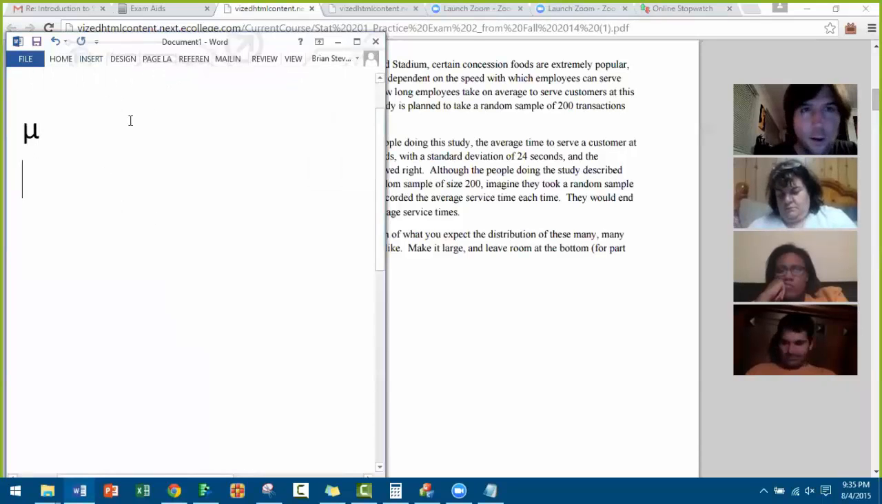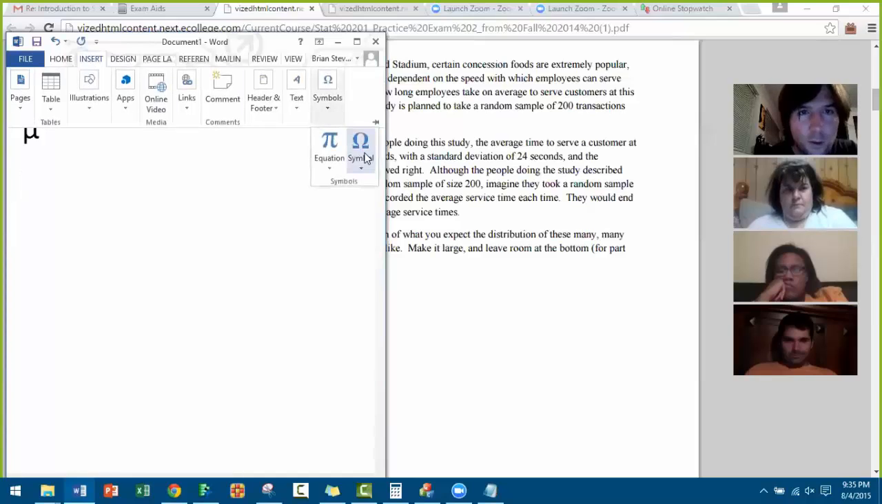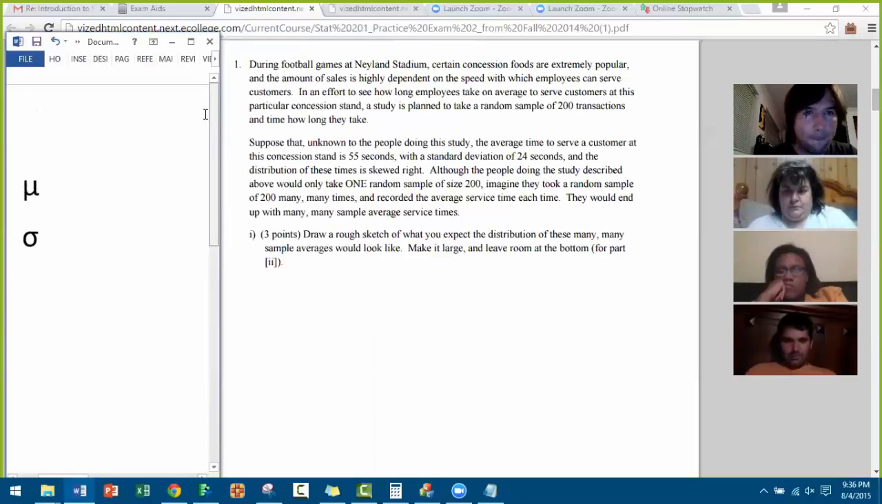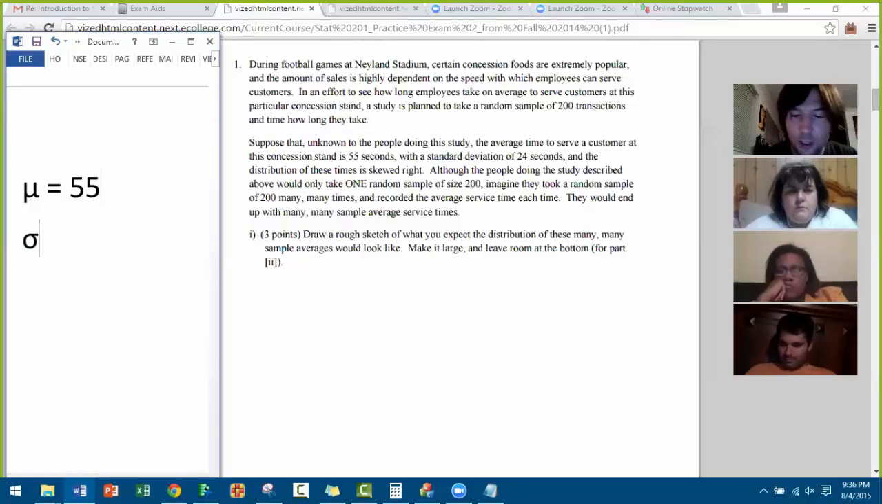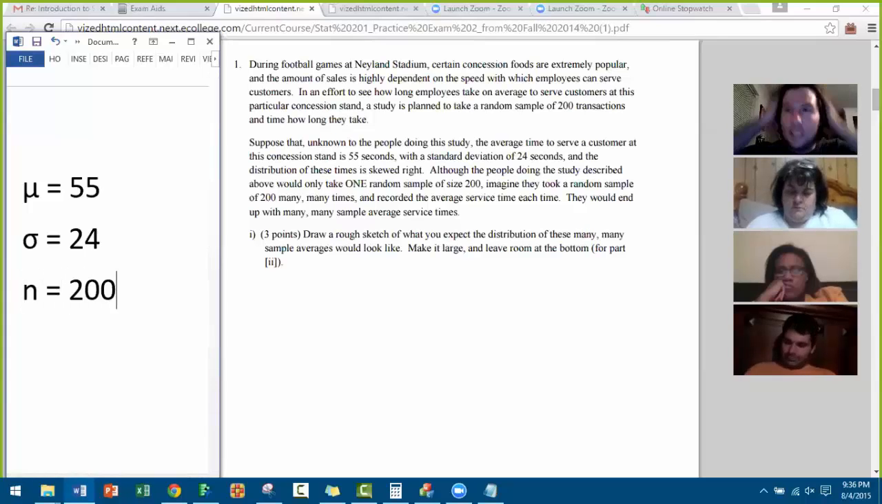Insert symbols, symbol, like that. Okay. So it has a mean and standard deviation. So the mean is 55 and the standard deviation is equal to 24. And I guess, let's see here. The sample size is equal to 200. Nice and neat like that. So with this in mind right here,